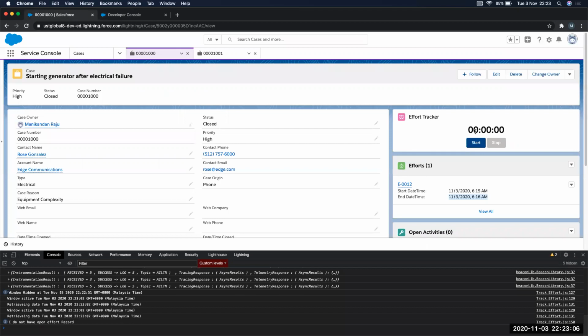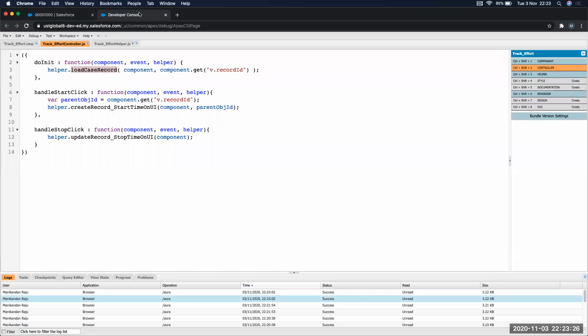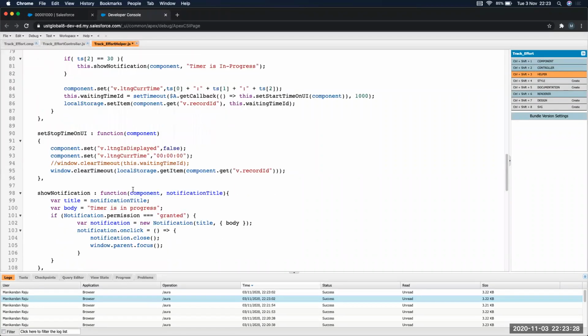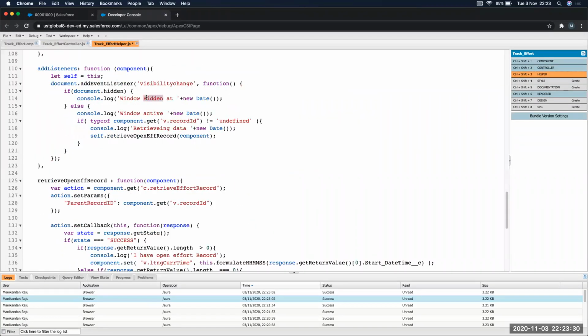Okay, and then I will reset the time on the new window as well. So it will be a fresh timer, though it is running on multiple windows. But let's say you stop on one of the windows, and then you come back to this document, which is in active and inactive mode. So when it goes into hidden mode, or when it comes back to the old window for which the first timer was running, I'll retrieve the information.